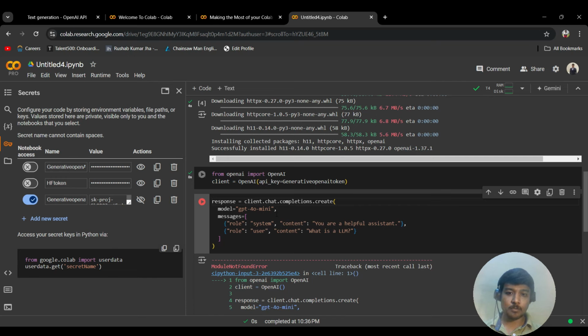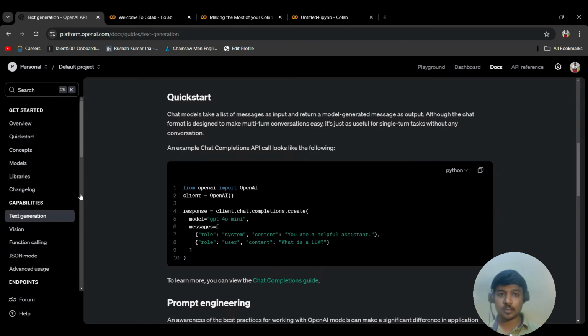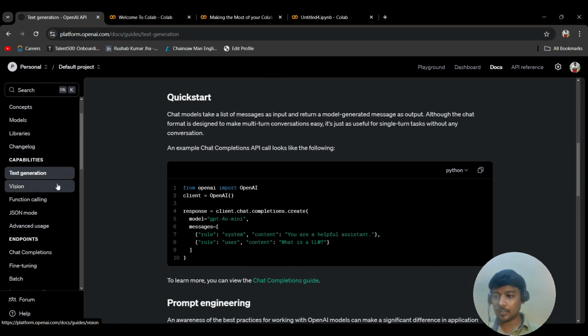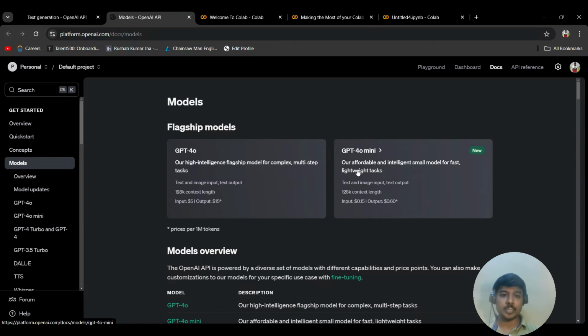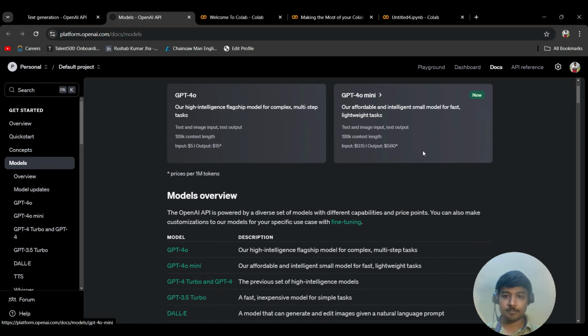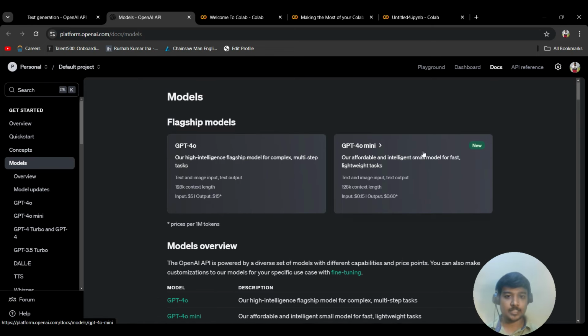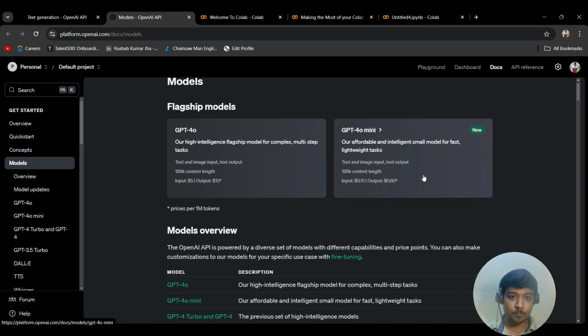Once you see this particular code, basically the model that is being utilized right now is GPT-4o mini. If you want to know more about it, you can go over here and very easily check more about it. In the model section, let me open it in a new tab. You can see different things, like GPT-4o mini is showing by default right now because it's a new addition to the ChatGPT models. So probably if you are watching it today, then it's pretty nice. Even I'm watching it for the first time. GPT-4o mini is pretty new, and if you want to read more about it, you can click over here.